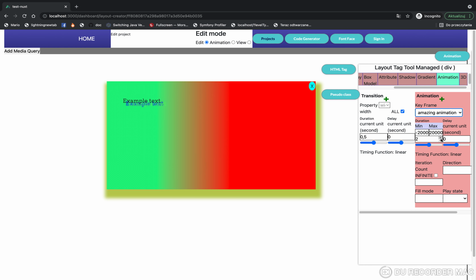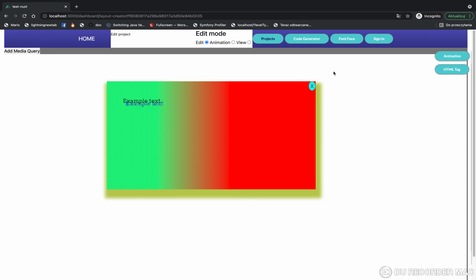Next we can set duration on 6 seconds, delay on 2 seconds, and this value we do not change. Okay, because animation is completed,